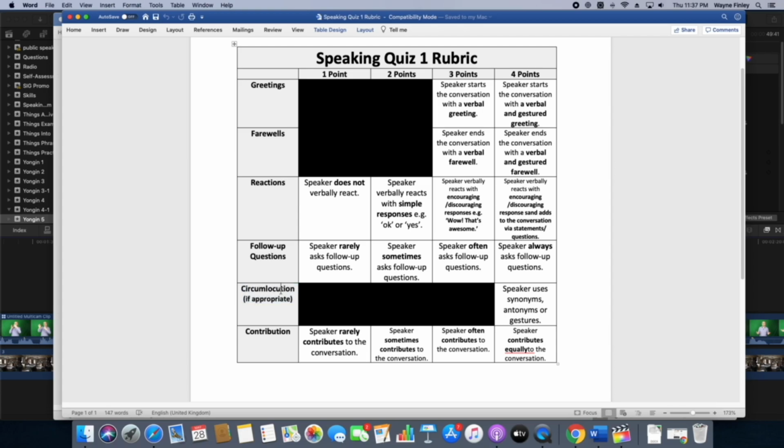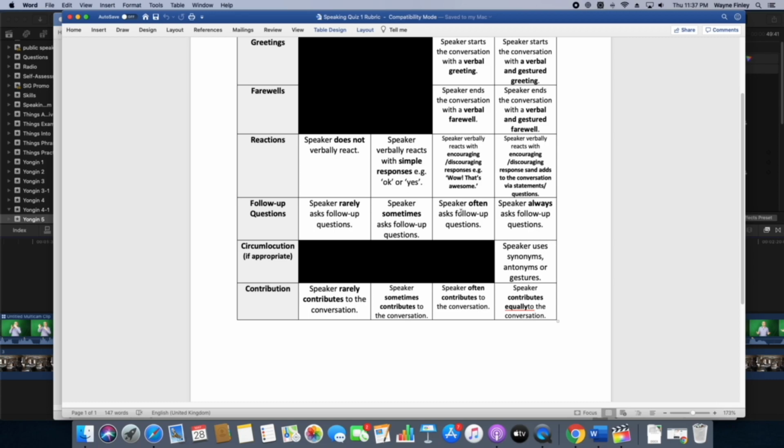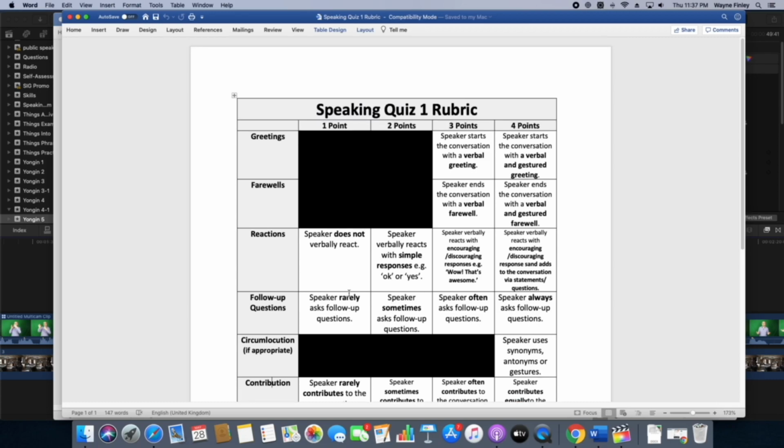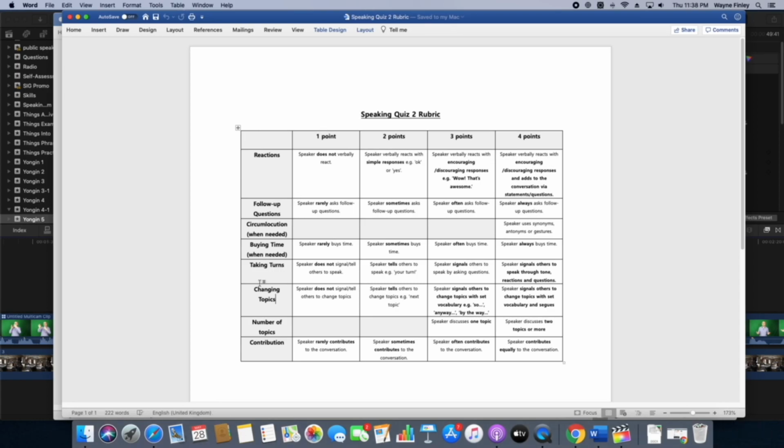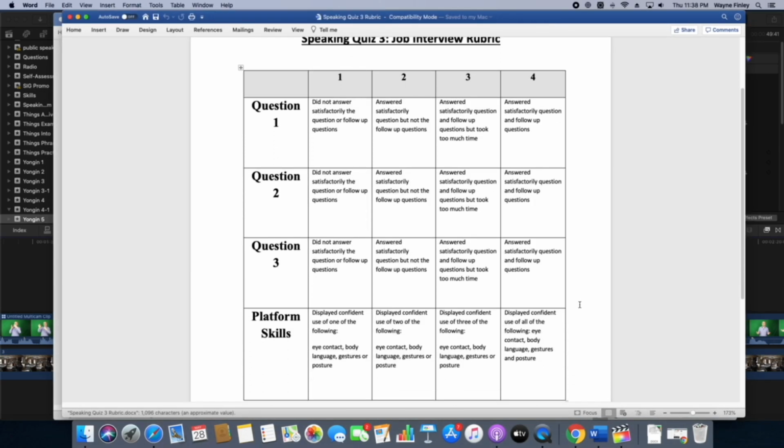If you're not sure what that means, speaking around something when you don't know the word or it's a taboo word, etc. Contribution in speaking classes, I want all students to speak equally if possible. Speaking quiz 2, similar, but I add a few more things, maybe buying time, taking turns, changing topics. Speaking quiz 3, if I remember, I did something completely different.